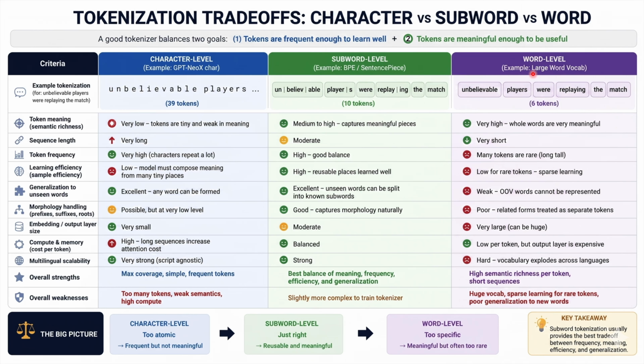And if we look at the other extreme, word level, then it is going to assign one token ID to each word. So there are going to be 6 tokens. Okay. So this particular approach, character level, is too fine. It breaks each character into one token, while here we get one token ID for each word. But a good balance of both of these approaches is subword level, where we break each word